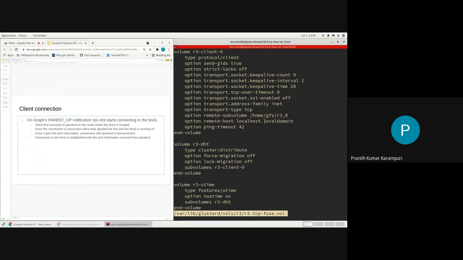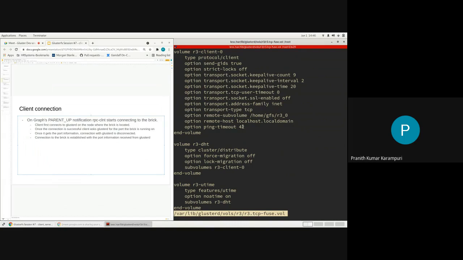Because I'm using a single machine, it will always be localhost, but in a cluster with multiple machines, this will contain the host name of whichever brick this client translator represents. So it will first connect to GlusterD on this machine. GlusterD actually runs on a well-known port 24007. So first it connects to GlusterD.